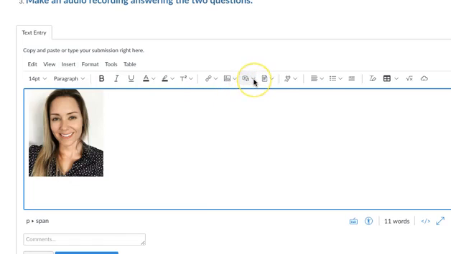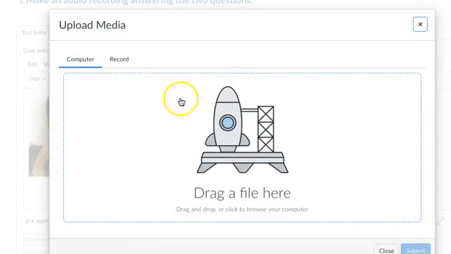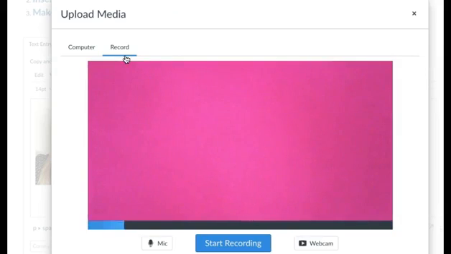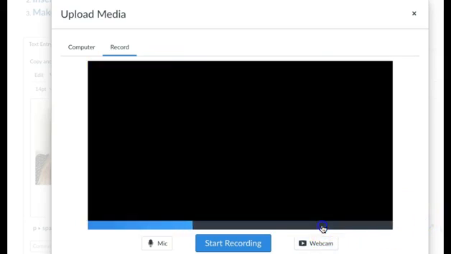I can click on the arrow next to the icon, and same thing, Upload Record, and User Media would be saved in my Canvas course. And if I click on the icon, you can see the option to upload something from your computer or record. When you click on Record, your webcam will open, and you can see if the device hears you by this blue line moving. If it's moving, then your voice is being heard. So if I want to turn my webcam off, I just click Webcam, No Video,